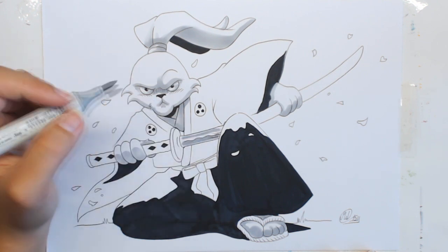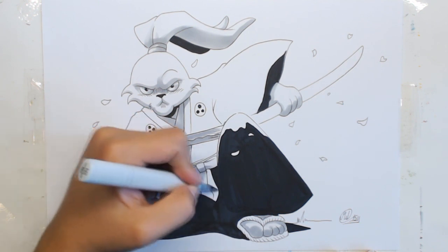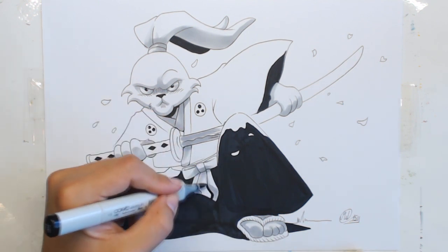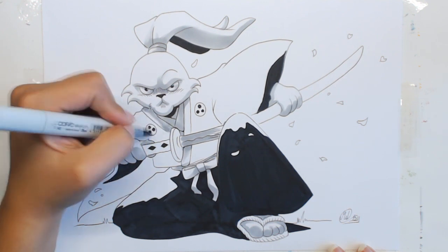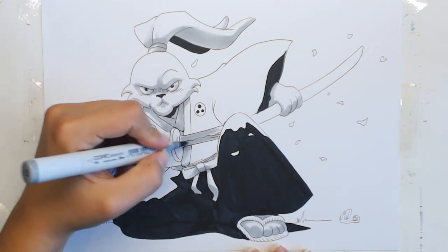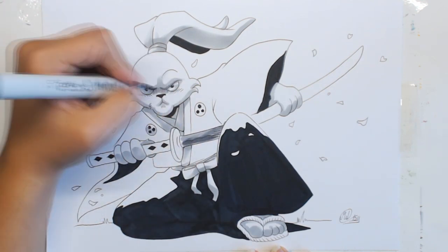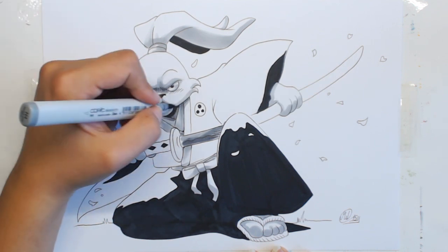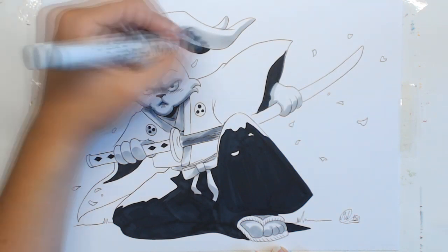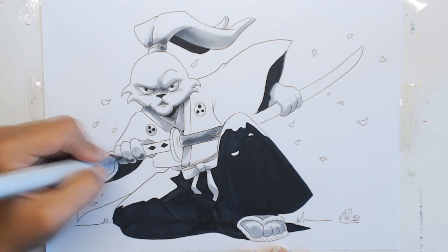He only has these white areas for his fur, some gray areas for his katana, and a blue upper part of his clothing, and that's pretty much it. And I added some additional colors for the background later on, because I didn't want it to look too devoid of color. As for big surfaces, when you fill them out with Copics, I recommend using small circular motion